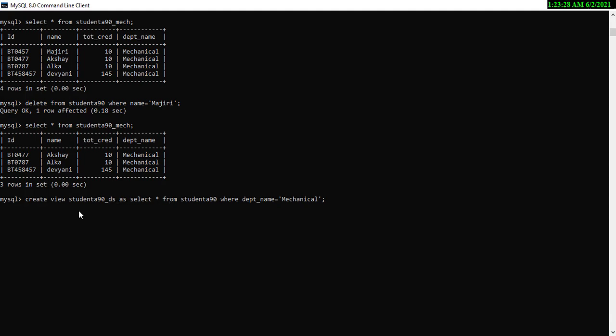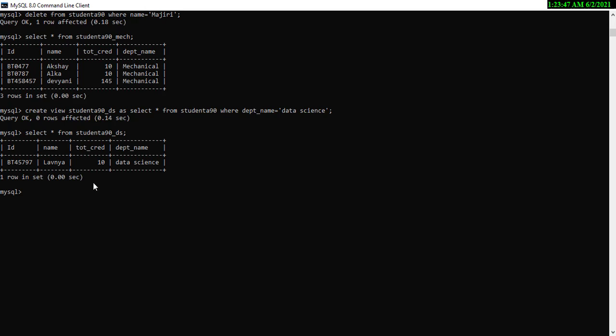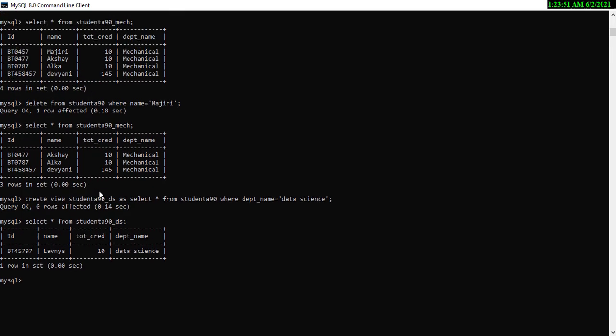Select star from student A90. So if I am seeing this, the data science students' names are in this view. So you have to create at least two views for each table.